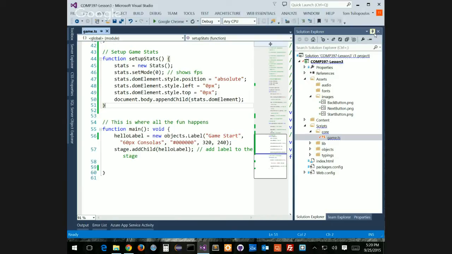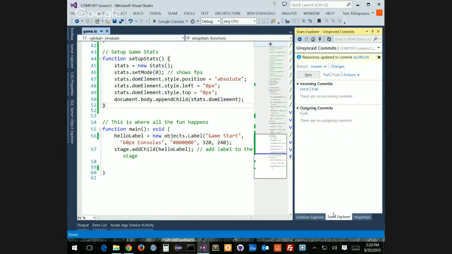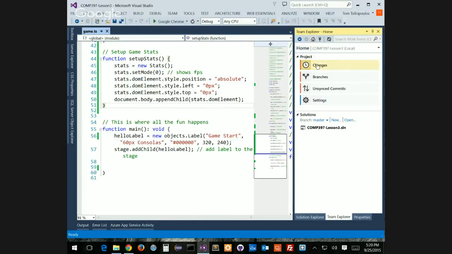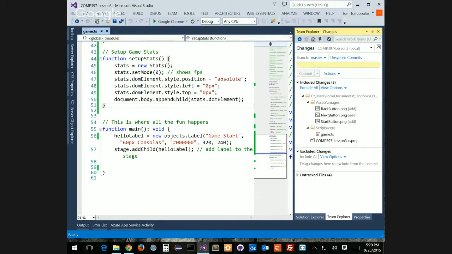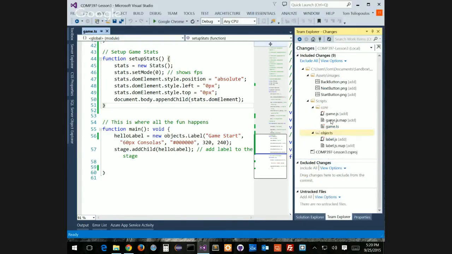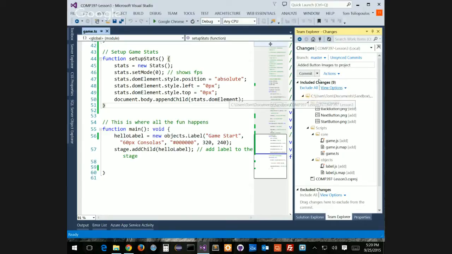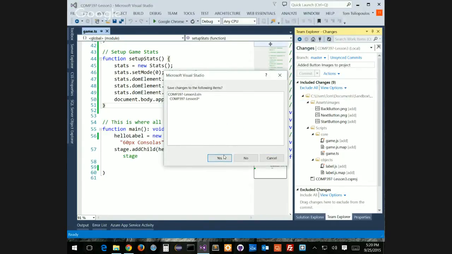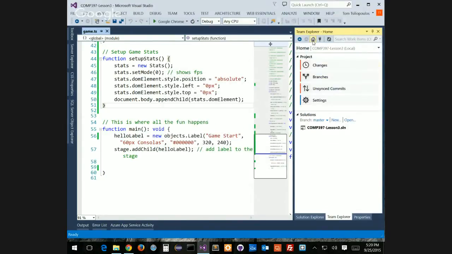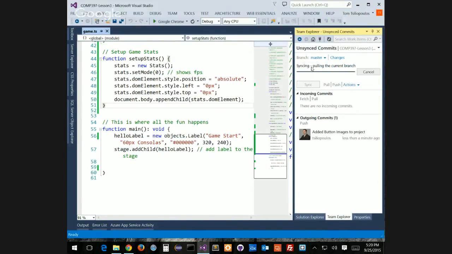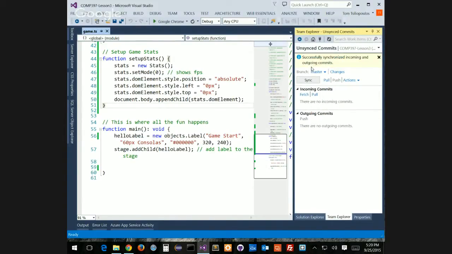And before I do that, I'm going to go to Team Explorer, and I'm going to go to Home, and I'm going to go to Changes, and I'm going to say added button images to project, so you can have them. Okay, so that way you have the same button images that I have. I'm just going to track all my changes, and I'm going to commit. And I'm also going to push everything that I've done and unsynced commits. I'm going to sync. And now, if you go up on my GitHub into lesson 3, right, you should see